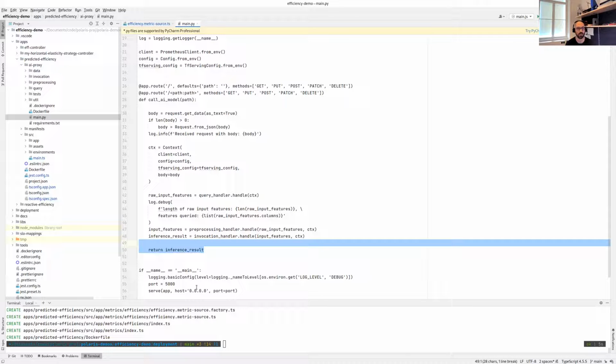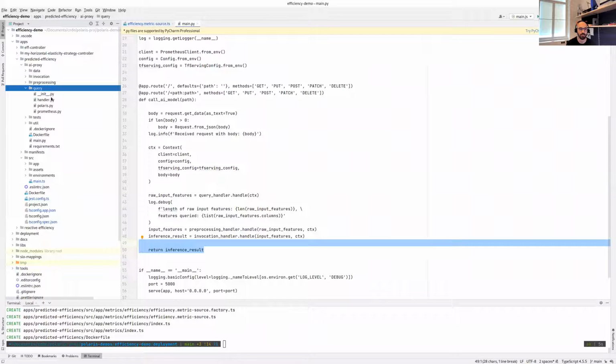And in the end, we just return the inference results. So that's why we need to map the API response to our SLO metric. Yeah, the query part is actually also implemented for you. We currently provide a Prometheus-based implementation, so you can specify which keys, or let's say labels, you want to have